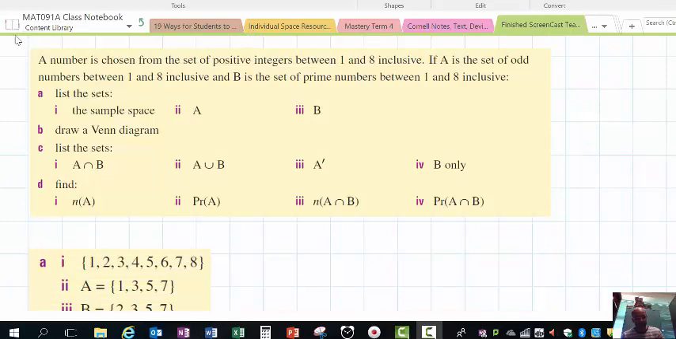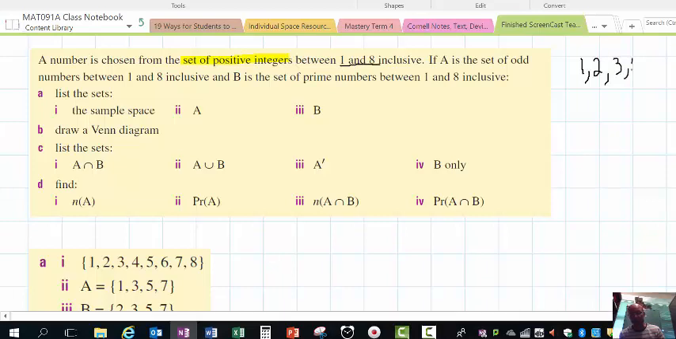Alright, now when you're reading these, make sure you read them carefully and don't panic if you don't understand it the first time. So a number is chosen from a set of positive integers. Now, set of positive integers. Integers, you might remember, are whole numbers, and they also include 0, but this is positive integers, so it has to be bigger than 0. So the first whole number bigger than 0 is 1, so it'll go from 1 through to 8, okay, so it's 1, 2, 3, 4, 5, 6, 7, 8,